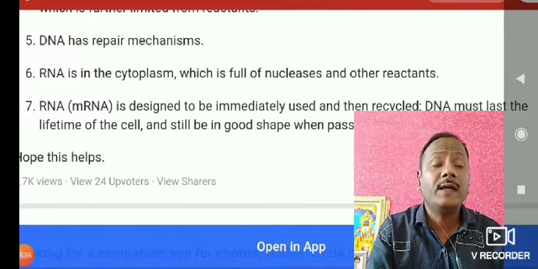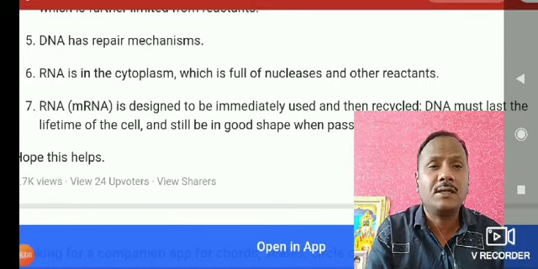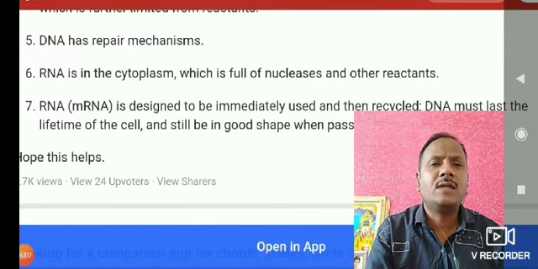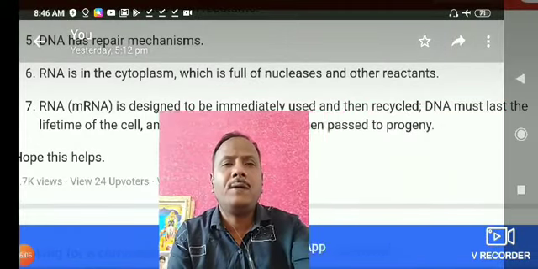That's why this mechanism gives more important, due to which it is more chemically stable. RNA in the cytoplasm, which is full of nucleases and other reactants. Apart from that,